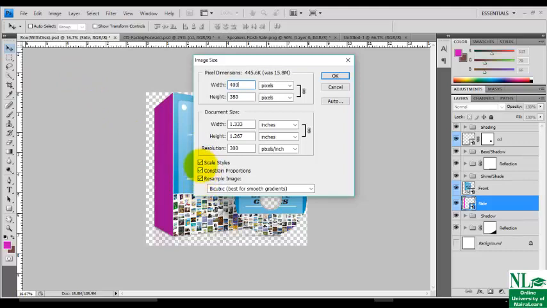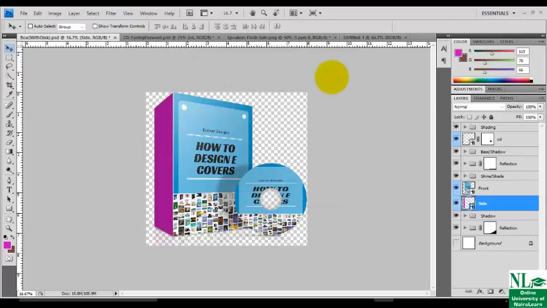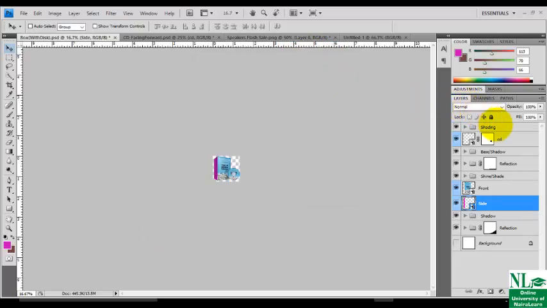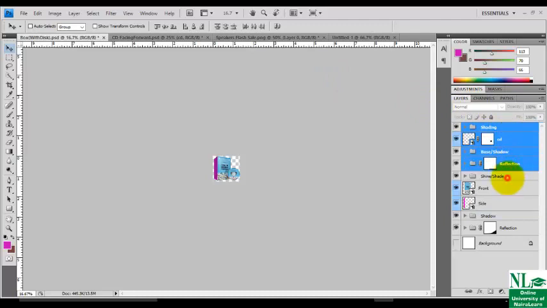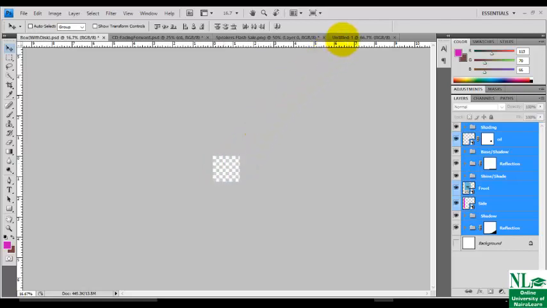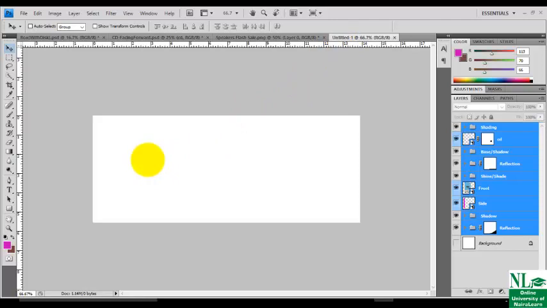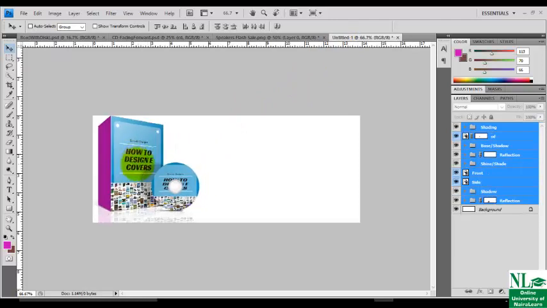Always make sure that you check all these properties, the scale style, check all of them. Why should you check all of them? So that both the width and height will scale simultaneously. Once you're done, you click OK. Now you have to select all the items here, leaving only the background. You don't need the background. Now return back to here, position your cursor and right click, then move it to the new file you created. Then you can lay it.